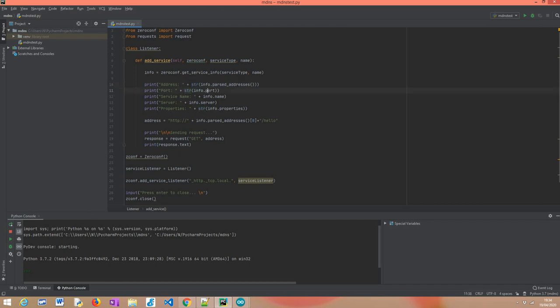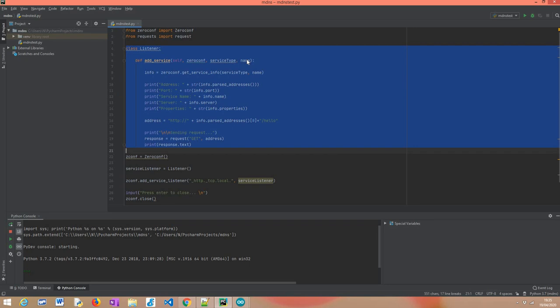We are also going to get the port over which the service is being exposed. As you know, when we need to reach a given service, we need to know not only its address but also the port. Basically, we can access this attribute called port, and it will return an integer containing the port over which the service is being exposed. We also have this name property that allows us to print the service name.